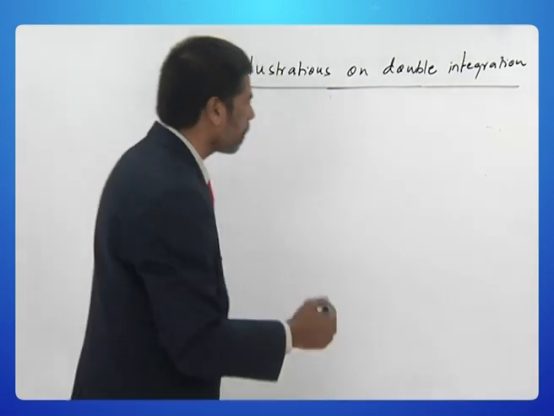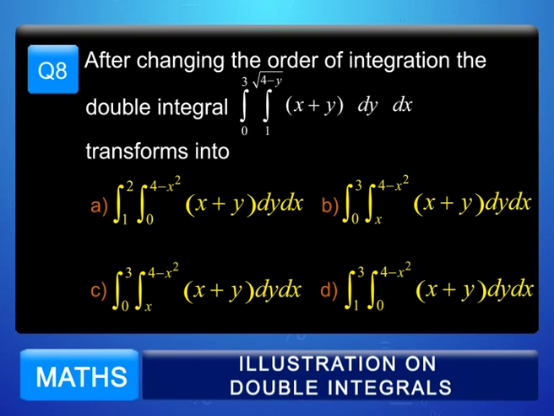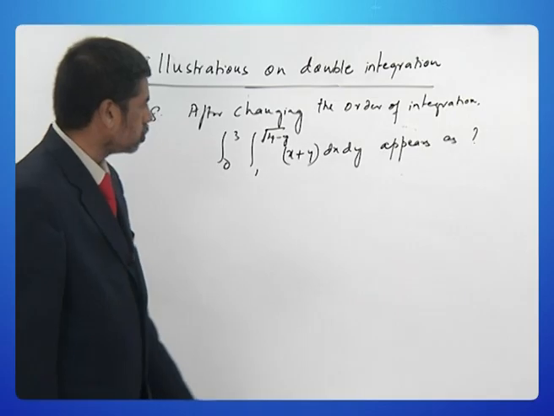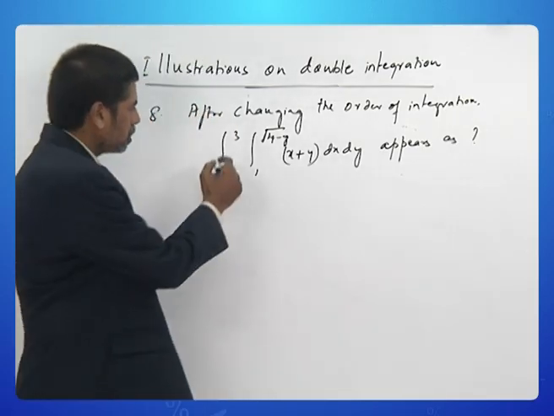So the problem is, after changing the order of integration, integral 0 to 3, integral 1 to square root of 4 minus y, x plus y dx dy, appears as what? In order to do this problem, we must look at the limits